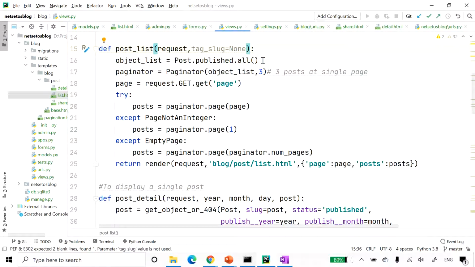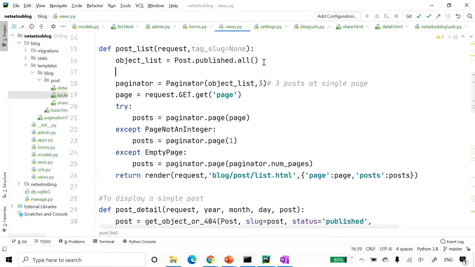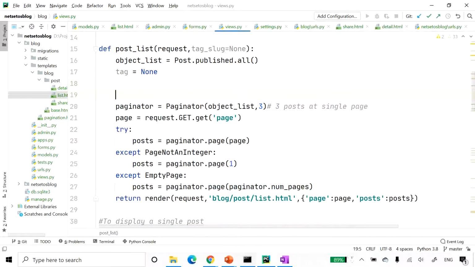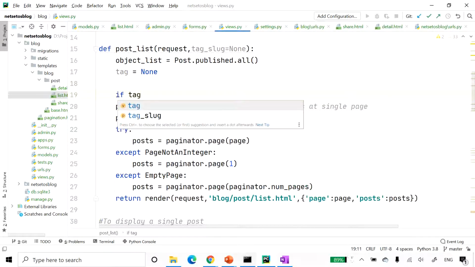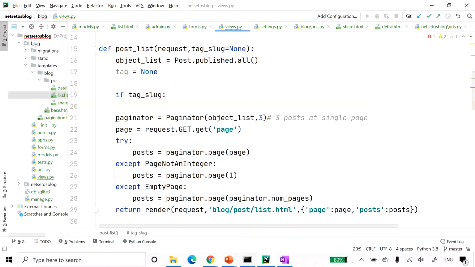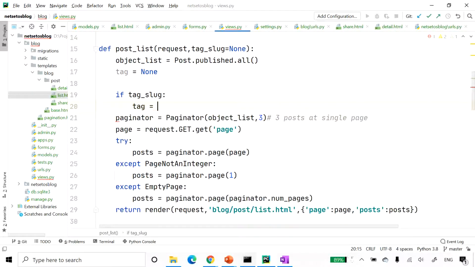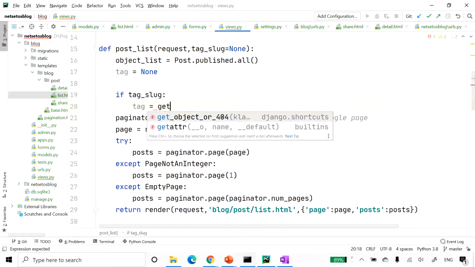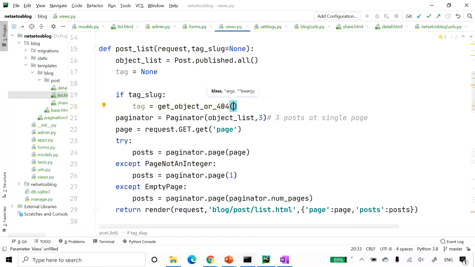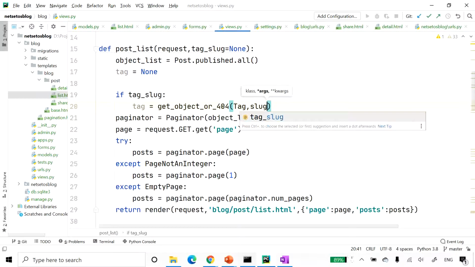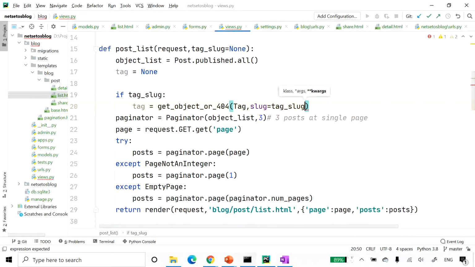Then we will have object list, and here I'll define tag is equal to none. And after that I will give if tag slug is not equal to none, here we will have tag is equal to get object or 404, and here we will have tag slug is equal to tag slug.